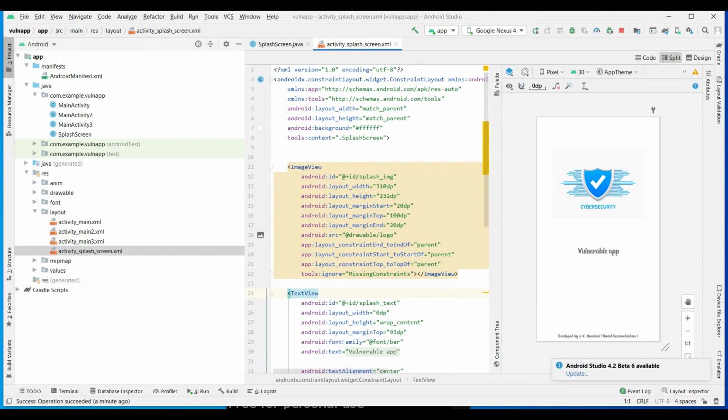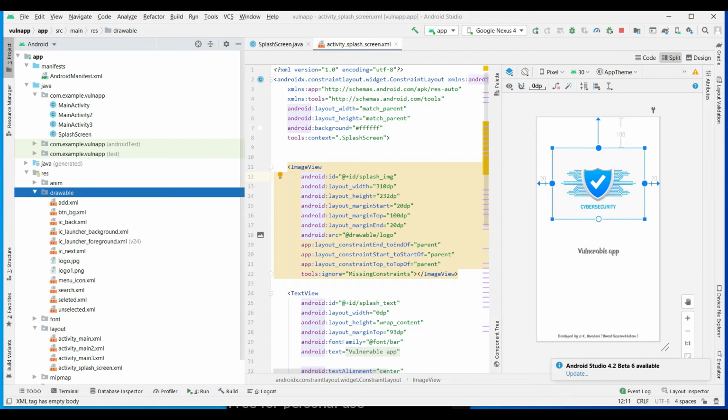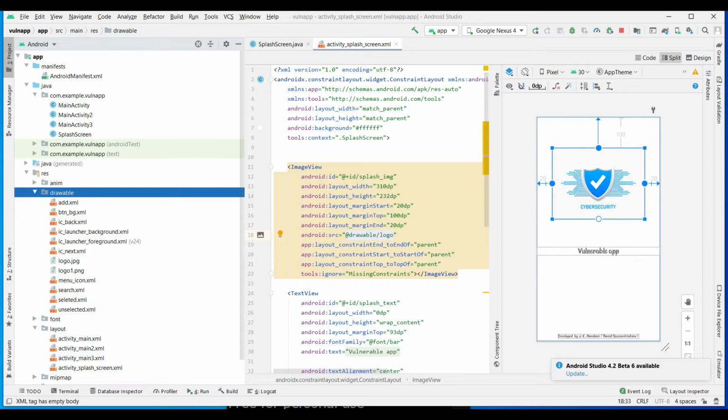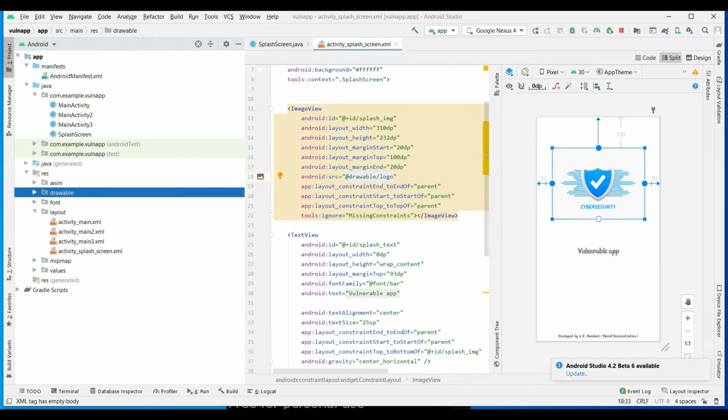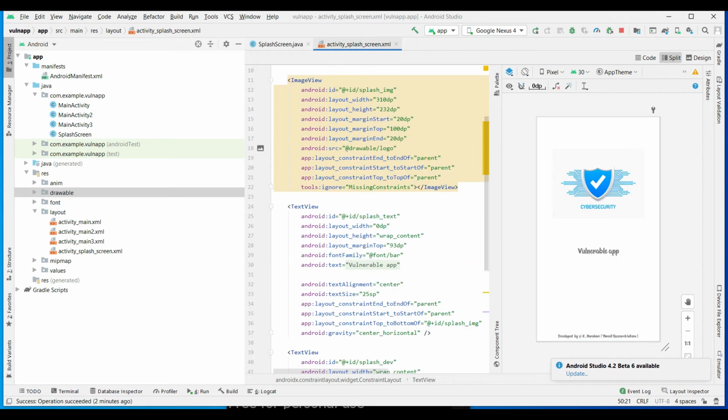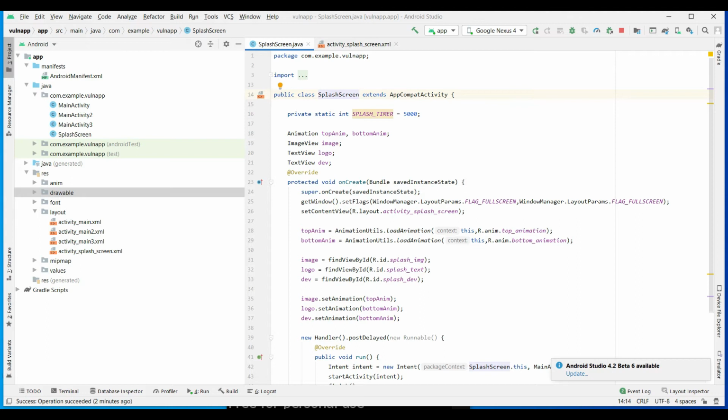For example, I am showing you. Here we are using an image view. As I already said, the images are contained in the drawable folder. Inside this you can see the id splash_image. Sorry, this is the id. The source here is the drawable logo, which is the same image. The drawable folder contains all the view-related things. Next we are using one text view, and after that one more text view. Let's get back into our activity section.